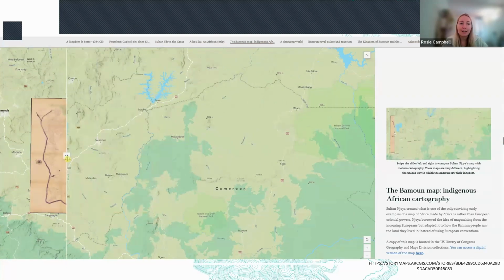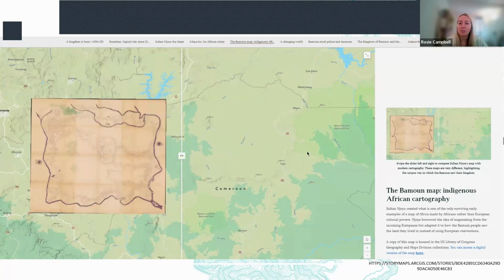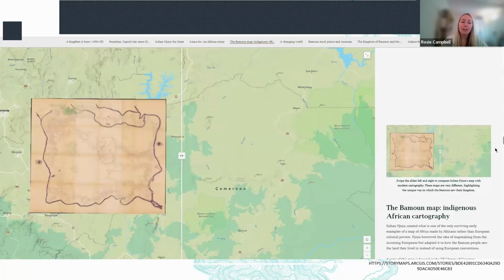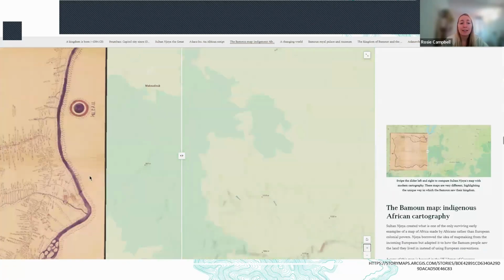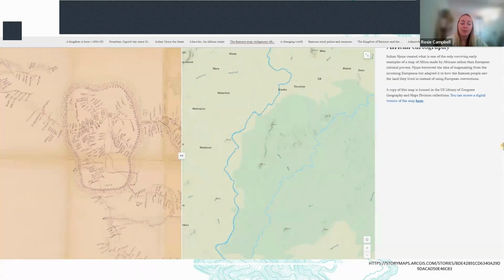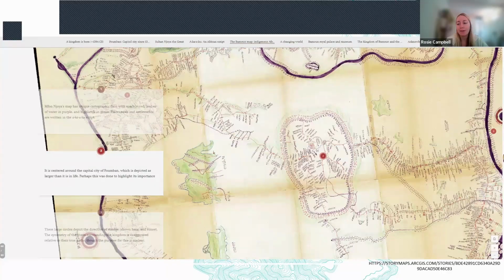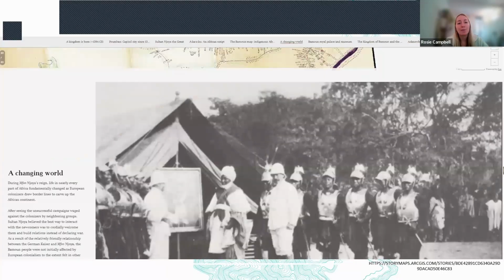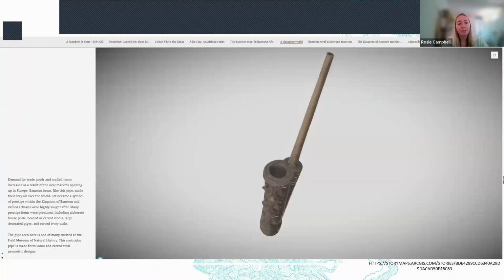You can see on the right-hand side, they've actually embedded a small GIF that shows you how to use the story map itself, and that's always a really good idea because some people, of course, although it's relatively intuitive, we have to think about who our user is going to be and how much use of technology they have with them.